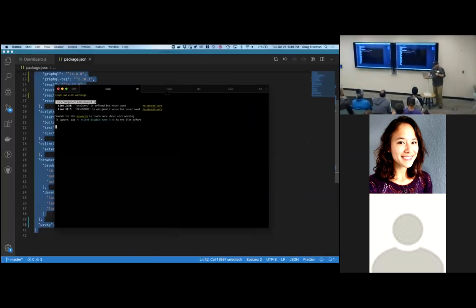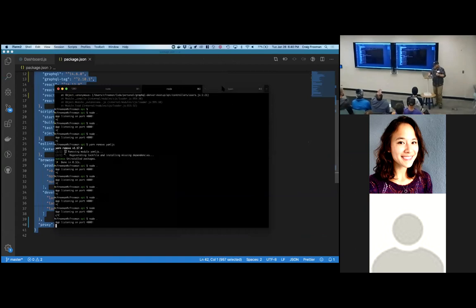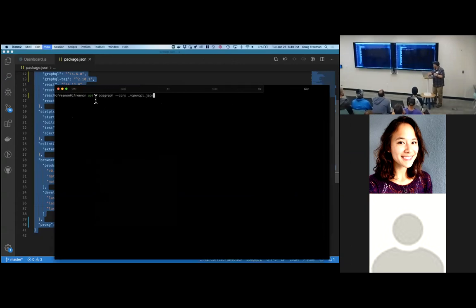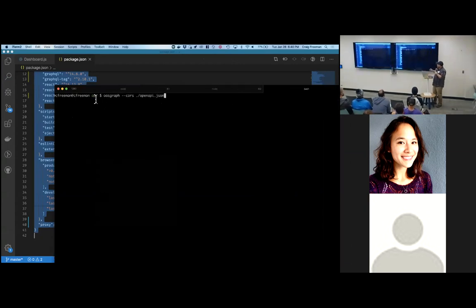So let's get, okay, this is running, and can you guys see this okay? It's kind of hard to read, actually. I am inside the directory of my API. This is all local. oas-graph is the CLI, cors is just a flag, and then I'm pointing to my API's Swagger document. And that's it. I got a working